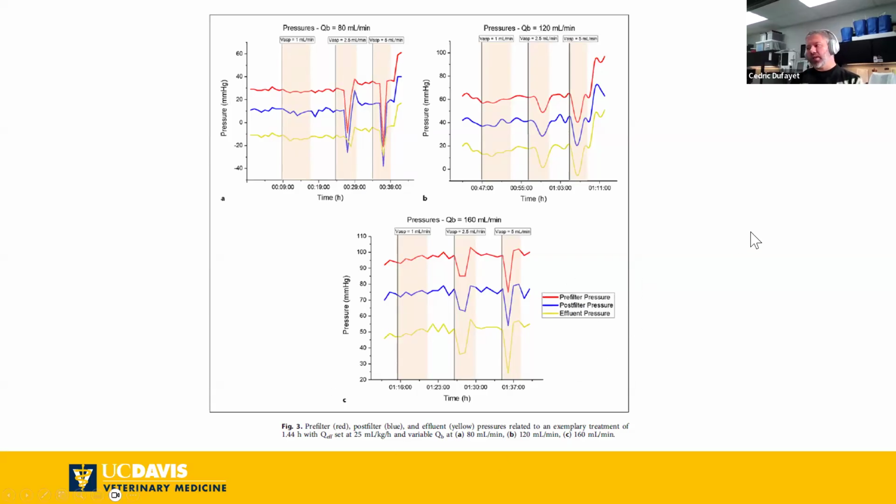And so when you think about it that way, you're applying negative pressure. So what's happening? Well, if you're pre-filter, you might actually suck some blood that was already in your filter back down, and with a lower BUN concentration, and you might dilute your pre-filter BUN. If you're post-filter,